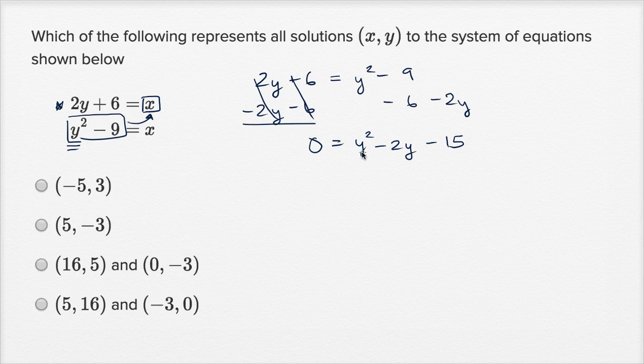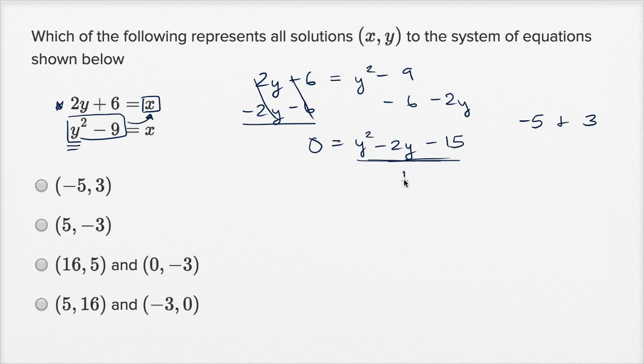And now to solve for the y's that would satisfy this quadratic, we could factor this quadratic expression. The way I would do that is, first of all, can I think of two numbers whose product is negative 15? Immediately the numbers 3 and 5, either negative 3 and positive 5, or positive 3 and negative 5, jump out, and whose sum is negative 2. Well, if the sum is negative, that means the negative number has to have a larger magnitude. So it's going to be negative 5 and 3. Negative 5 and 3's product is negative 15. Their sum is negative 2.